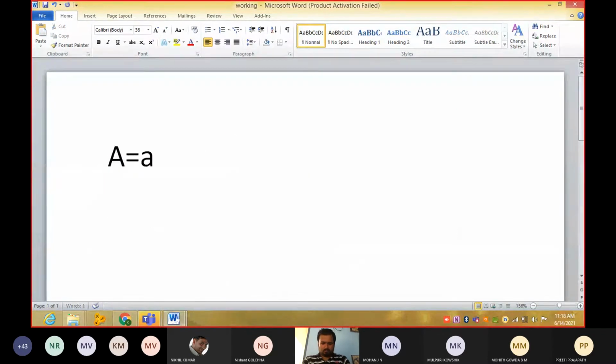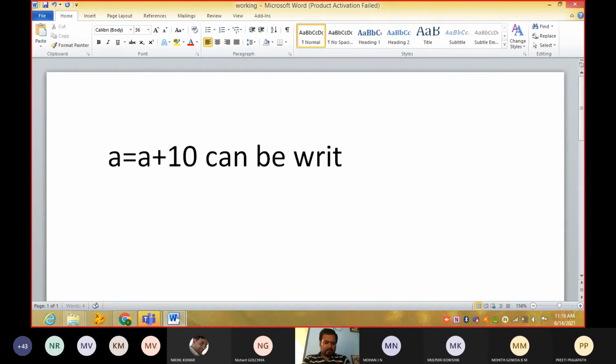A is equal to A plus 10 can be written as A plus is equal to 10.